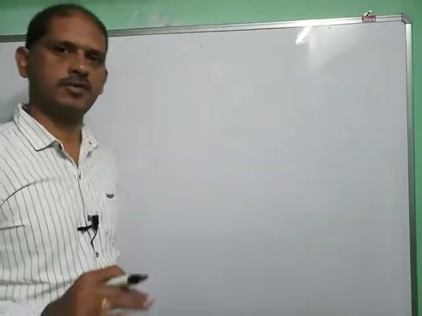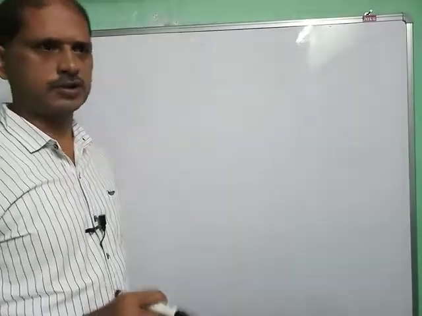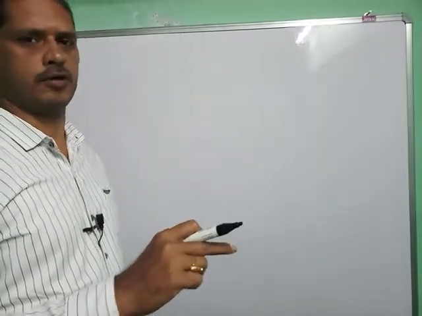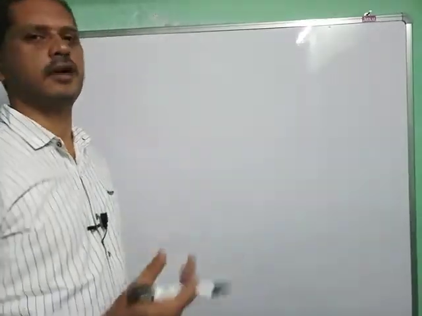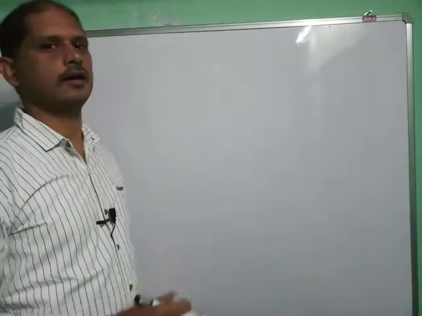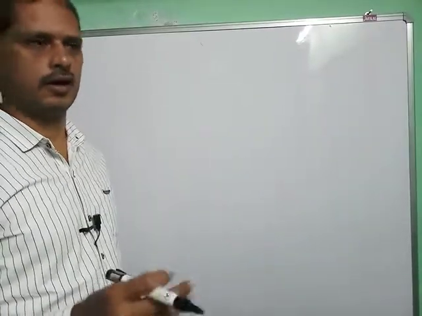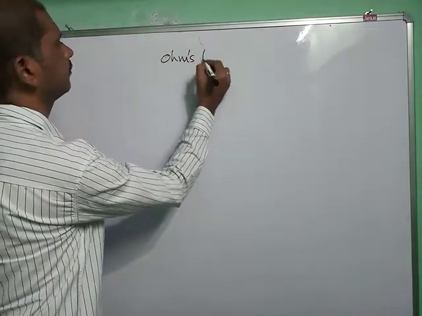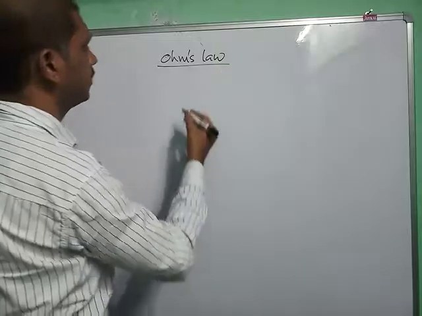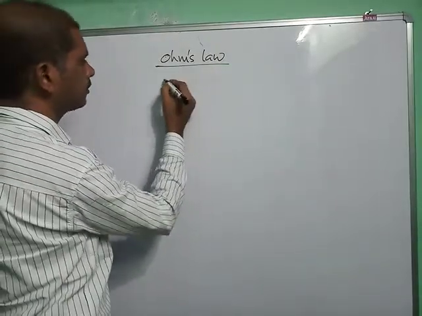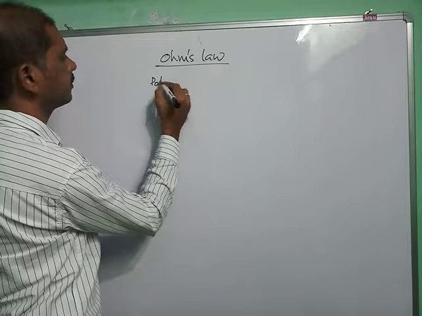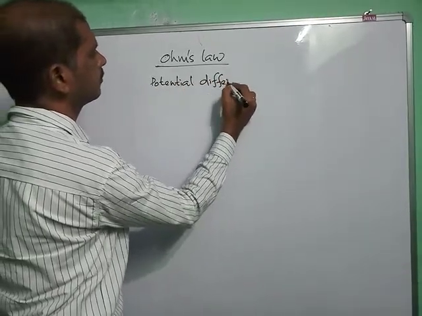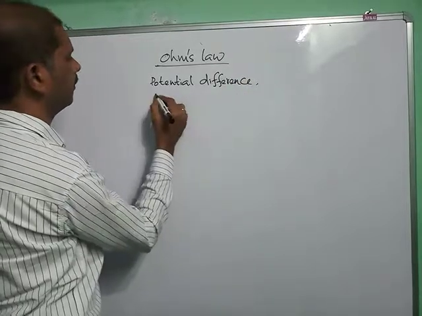The experiment is about creating a potential difference in a circuit, and depending on whether the potential difference is increasing or decreasing, we have to observe what happens to the electric current using an experiment. So that is nothing but Ohm's law. Ohm's law is given by the relation between potential difference and electric current.